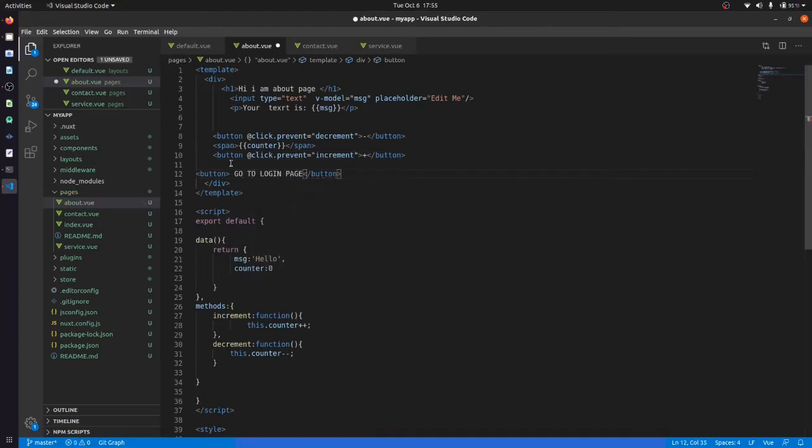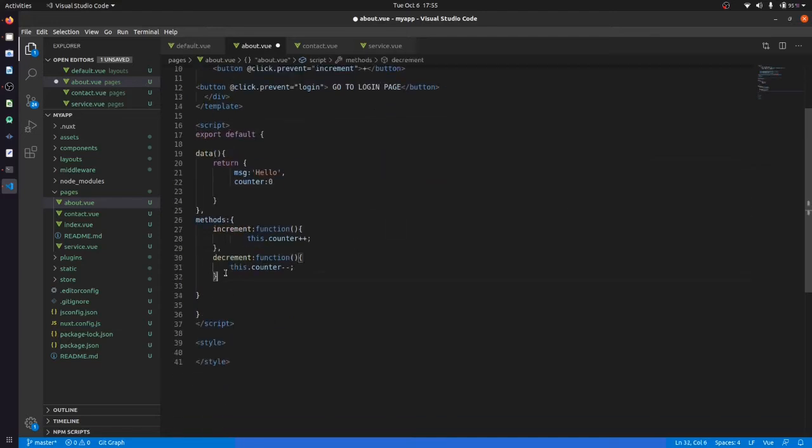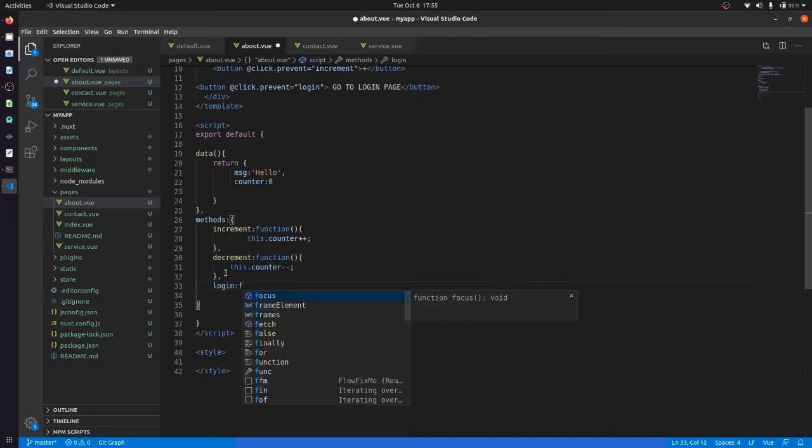You can use this concept anywhere you want. We copy and paste this thing here, but we will not call increment, we will call login. After this we will create a login function.